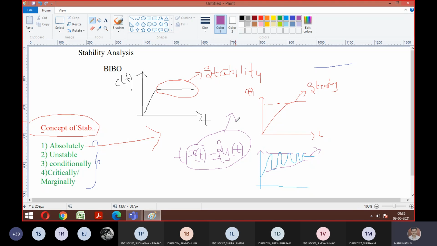Okay, now, shall we move on to next? Unstable. Is it okay till here, everyone? Yes, sir. So let's move on to unstable. Just now we got the stability definition and the conditions. So if it doesn't follow, obviously it is going to be unstable. Correct? So we'll move on with the next topic now, unstable.